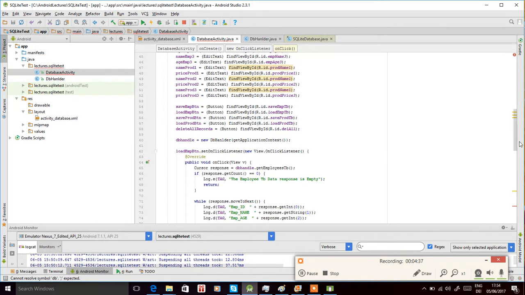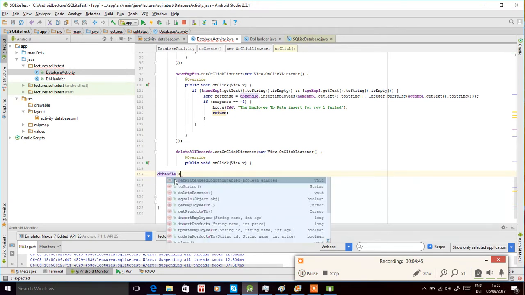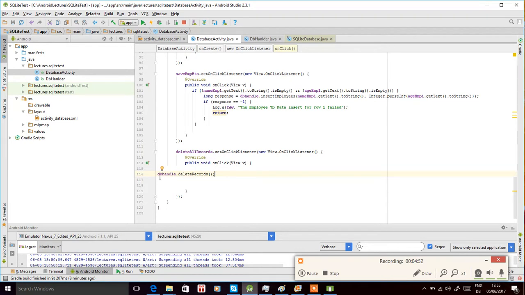handle. So we simply use this db handle object, and call this function db handle dot delete records, and that's it. Press tab, and that's it. Now we can run